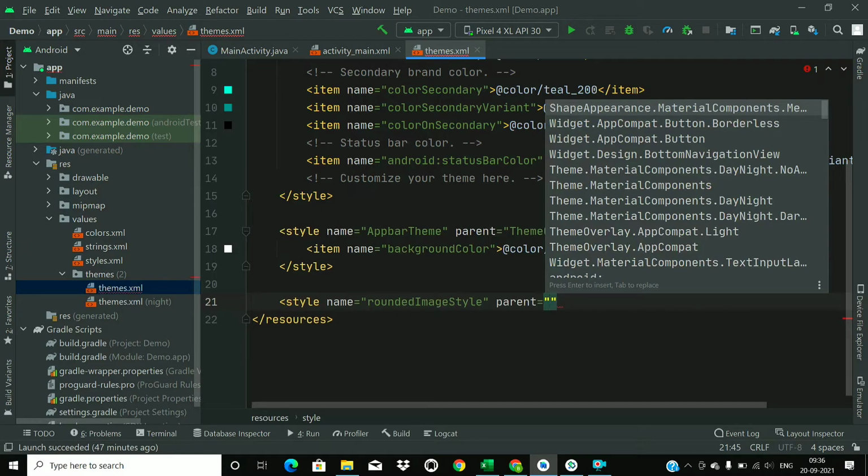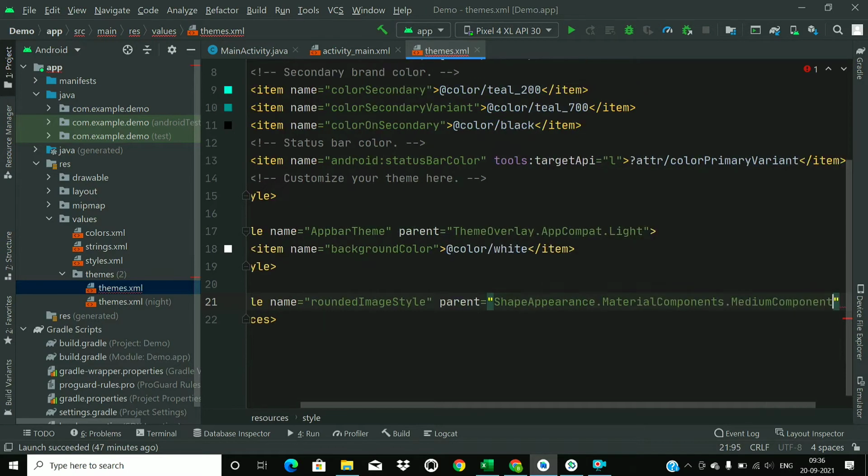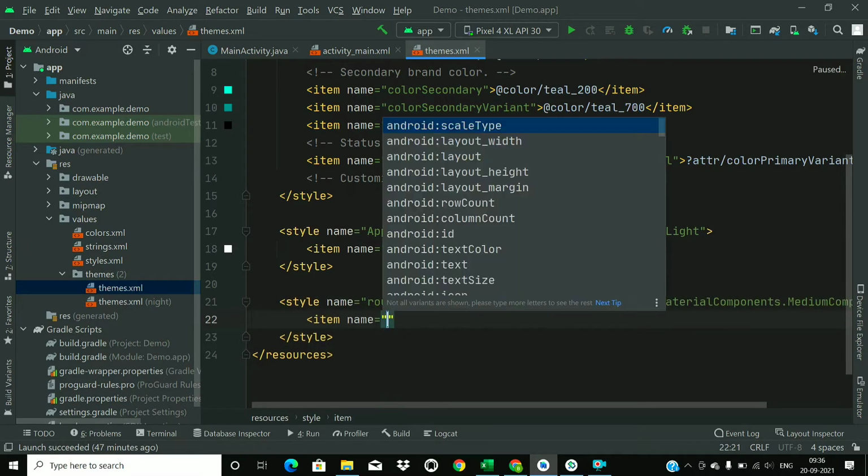And we will assign the parent as ShapeAppearance.MaterialComponents.MediumComponent. Okay, so this is the parent of this style and now add some items.